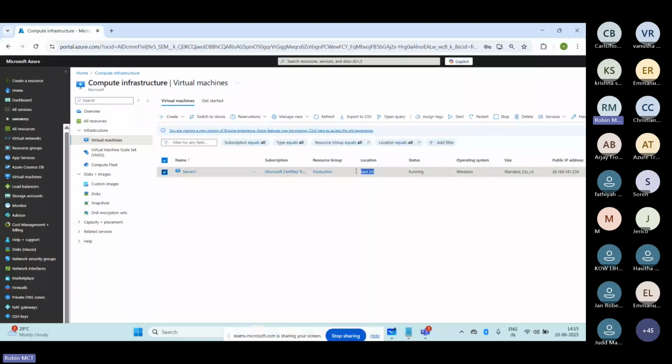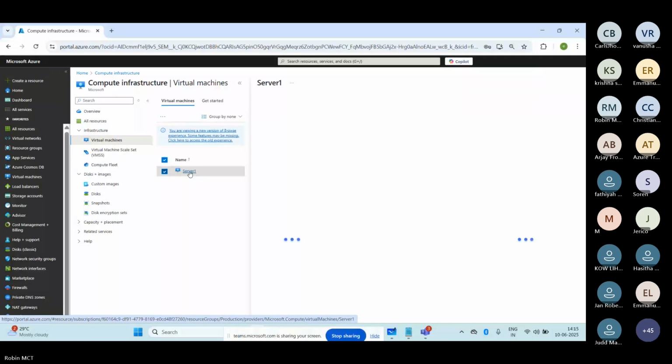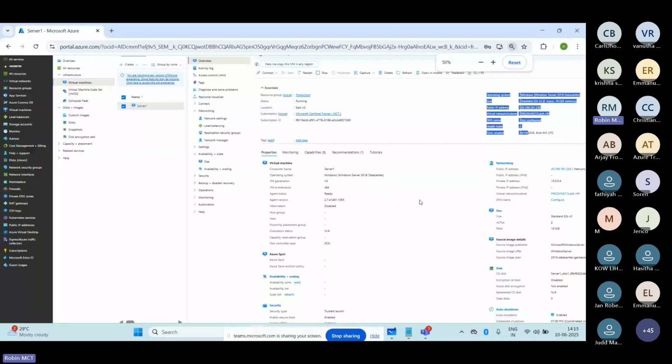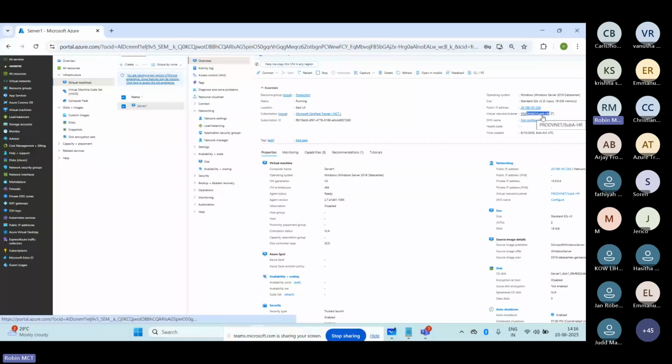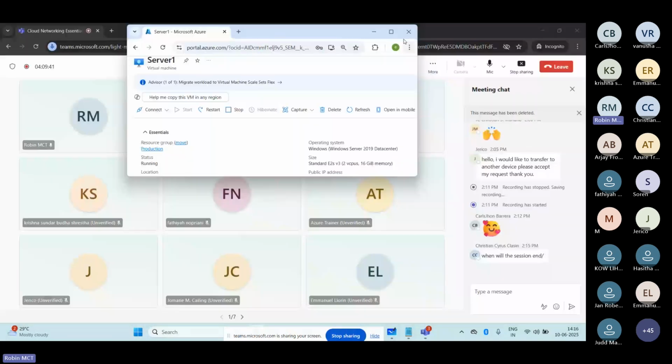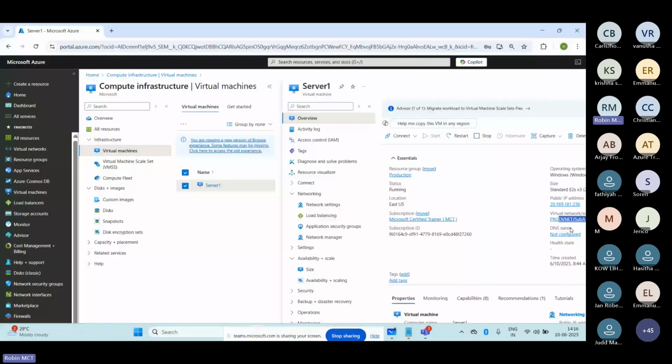And where exactly has this been mapped? If you go to the properties here and scroll to the right side, you may be able to see this has been mapped into prod vnet. Inside there's a place called a subnet. You can see this has been placed inside the subnet, subnet A. This computer has been mapped here.